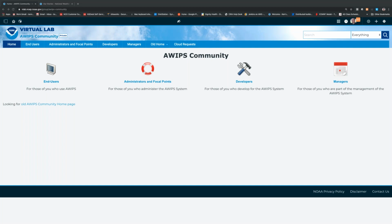You build, whether it's executables or jar files or modules, and what we've been doing is pushing those to S3, which is an object store within the cloud, and then we can make those available for people to download. Jason Burks, one of our lead engineers, has done work in this area with regard to AWIPS, and so we've been able to build AWIPS RPMs, and it's our intention to extend this and do more so that, as people check in changes, those RPMs can be built, like on a weekly schedule or monthly or daily, depending